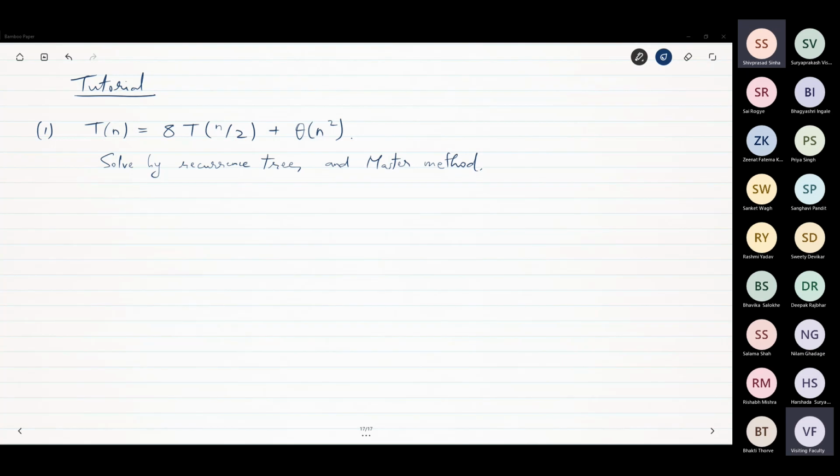Sir, I am getting 0.62, 0.59913. What is that? Sir, by master method. By master method, what is this? Answer of what? Sir, answer of what? T of n. Yes, sir, T of n. T of n is a number like this. T of n is not n log n or n square or n cube, something like that. T of n is a number like this.